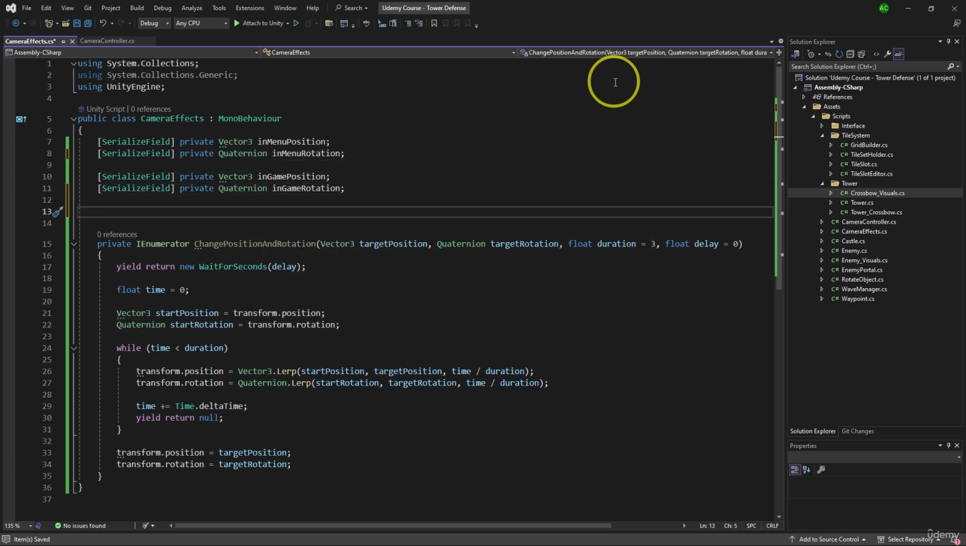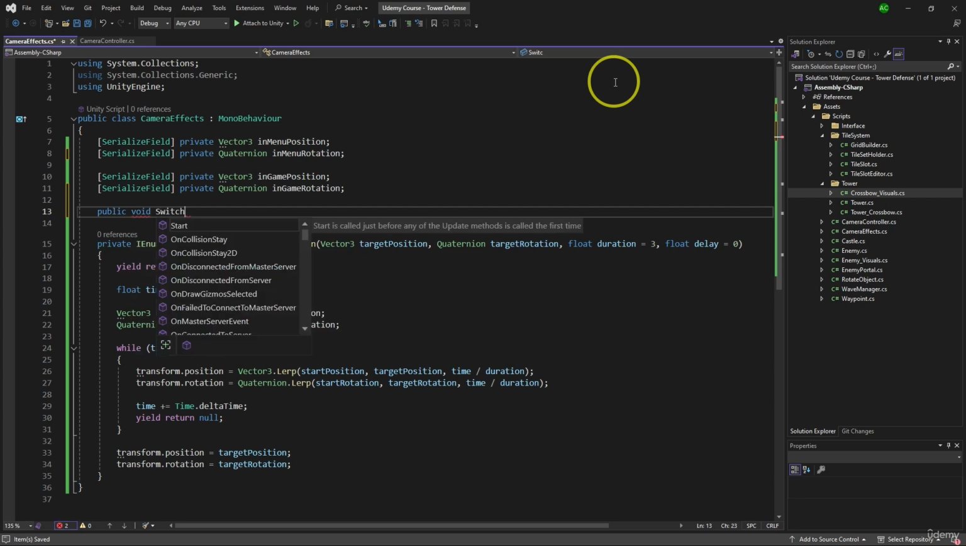Now, I want to have a method that I can use to switch to in-game view or in menu view. And since we're probably gonna call this method from outside of this script, it's better to make two public methods that we can use. I'm not sure yet we're gonna call it from outside, but let's make it public just in case we need it, okay? Public void, and we need switch to